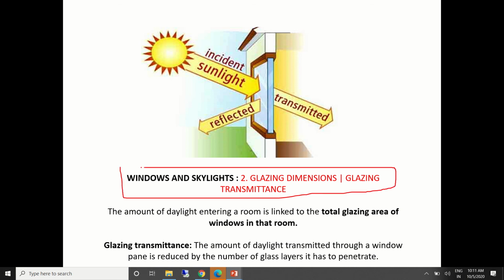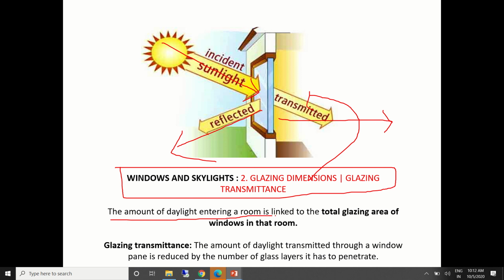When we talk about placement of windows, we should also know how the window is designed. This is also one of the crucial things. How much sunlight hits the transparent surface? How much is it letting in? How much is it reflected back? This is also important, that we have to know the kind of intervention that you should take when we talk about designing for daylight.